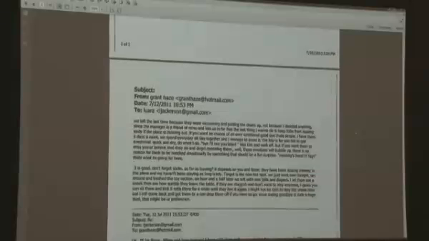And on July 12th at 10:53 p.m., is there a response from Grant to Laura? There is. Could you read the first paragraph of that response? We left the last time because they were vacuuming and putting the chairs up, not because I decided anything. Since the manager is a friend of mine and lets us in for free, the last thing I want to do is keep folks from leaving early if the place is clearing out. If you want no chance of an over-emotional goodbye, that's simple.